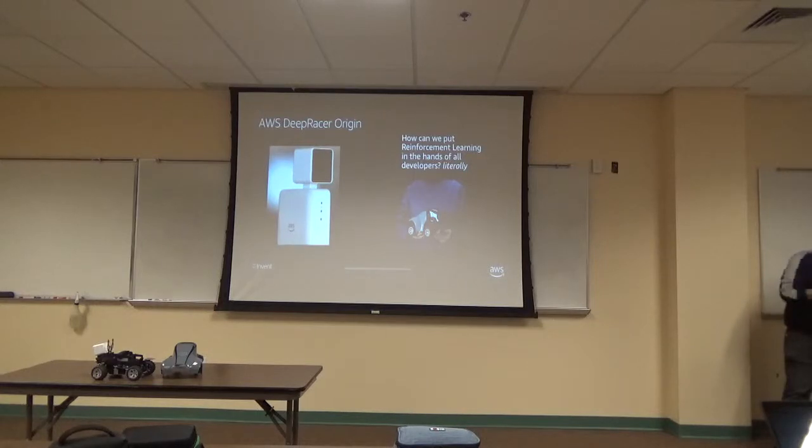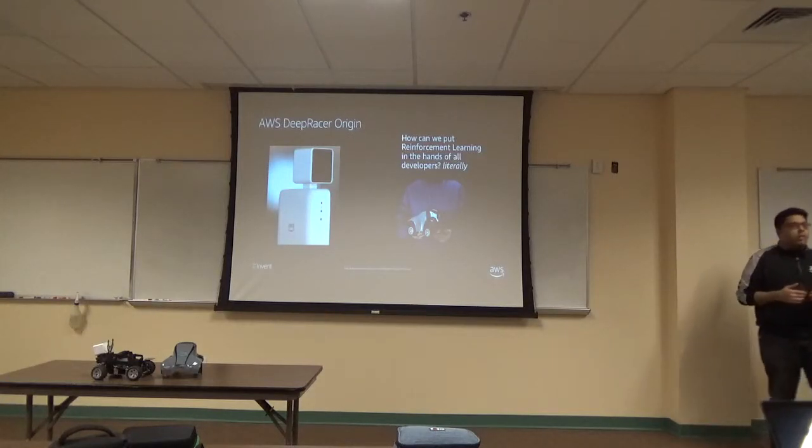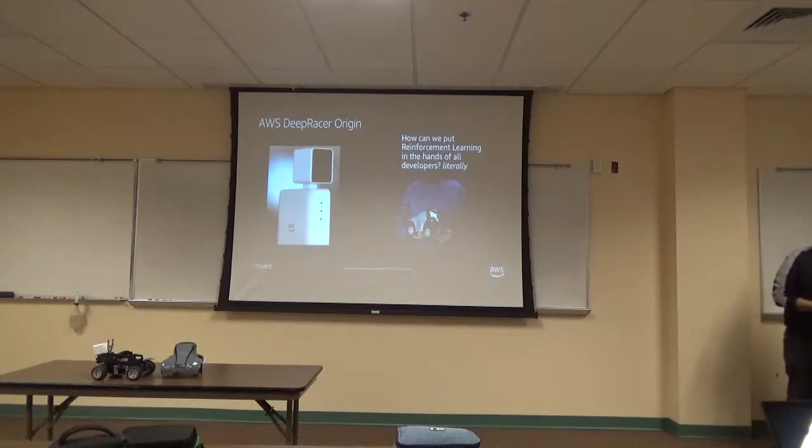So we built this Deep Lens, which is a camera, and it's actually on top of a computer, so you can deploy the models that you train in the cloud to this device, and then actually see things and how they happen in motion, like classification or object detection or image semantic segmentation. It's really cool to see. I wish I brought my Deep Lens to show you the demo of that.